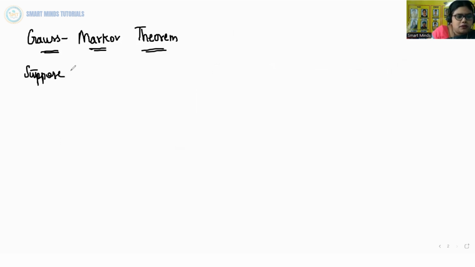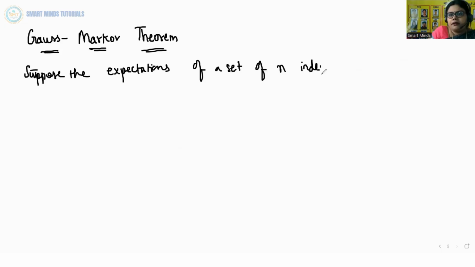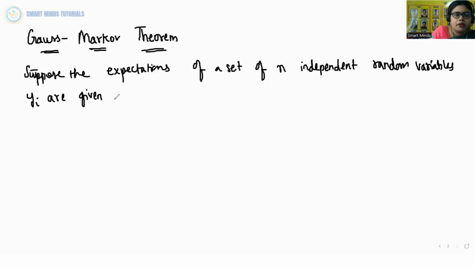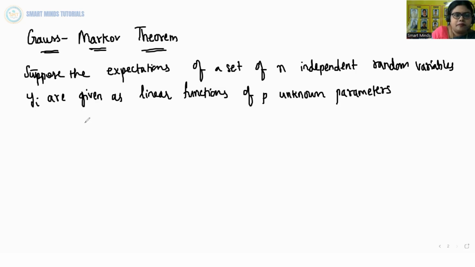Now suppose the expectations of a set of n independent random variables yi are given as linear functions of p unknown parameters beta 1, beta 2, so on up to beta p,